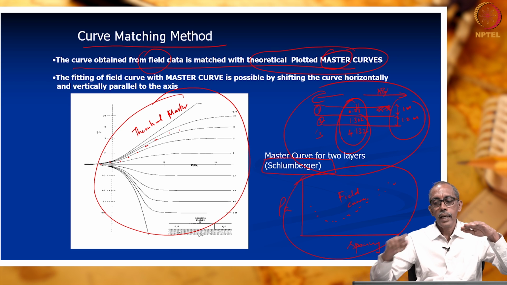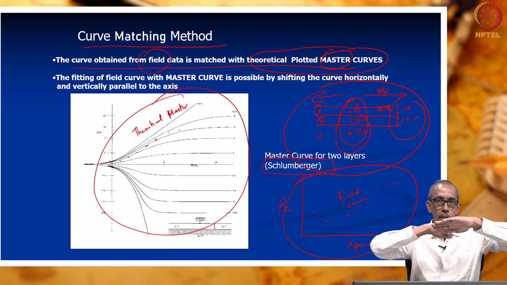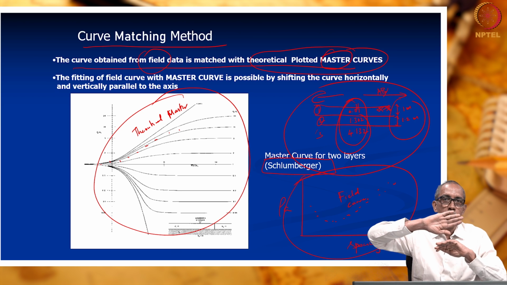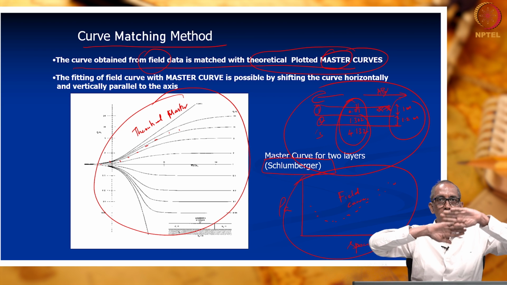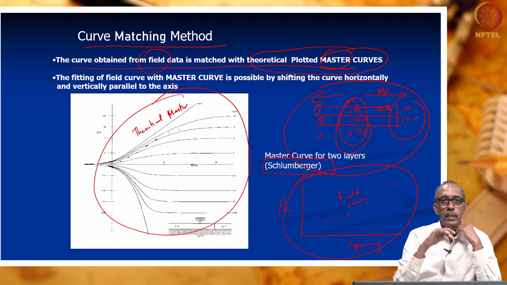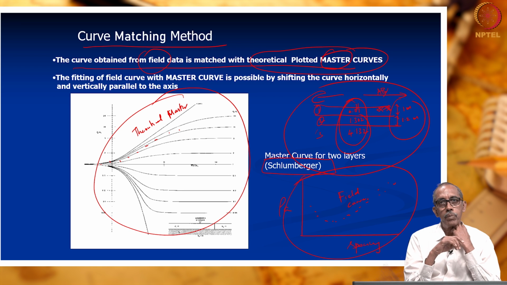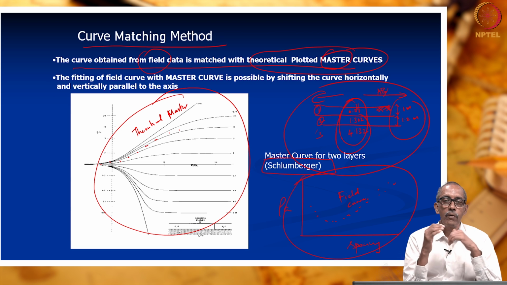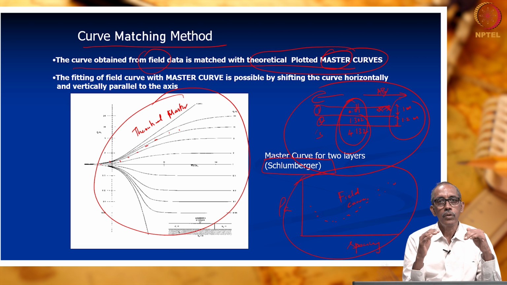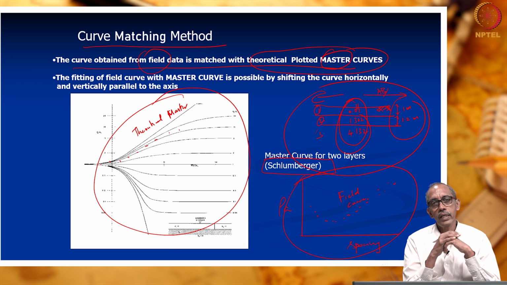We need to keep the axis of both the sheets parallel to each other. We should not rotate the sheet, but we should keep their axis parallel and try to superimpose one over the other and try to get the best matched position. Suppose both the theoretical curve and the field curve are matching to a certain extent, what can we arrive from this? So, we can decide that whatever was assumed to prepare that particular theoretical curve is likely to exist at the site where we carried out our investigation, isn't it?